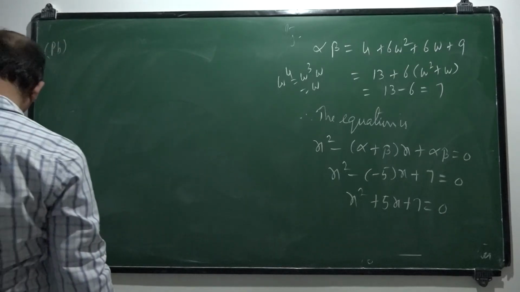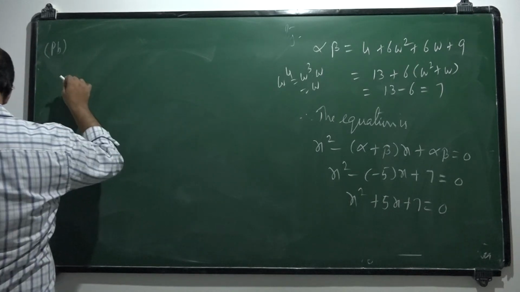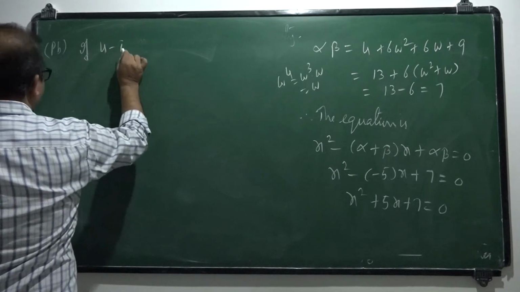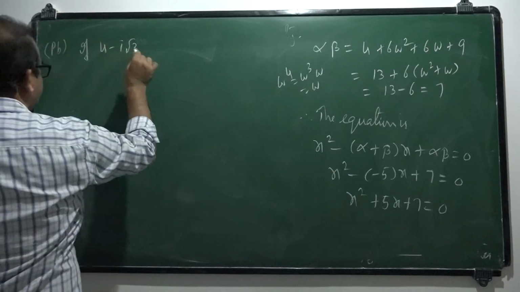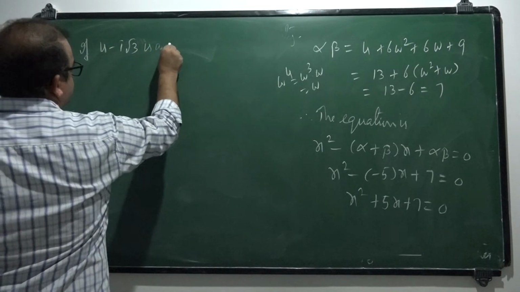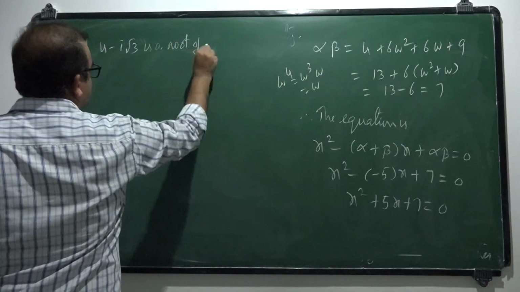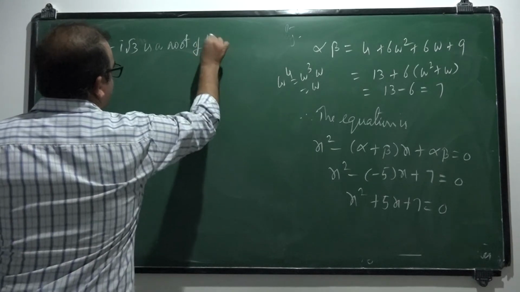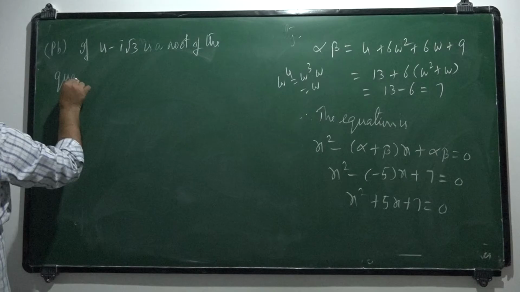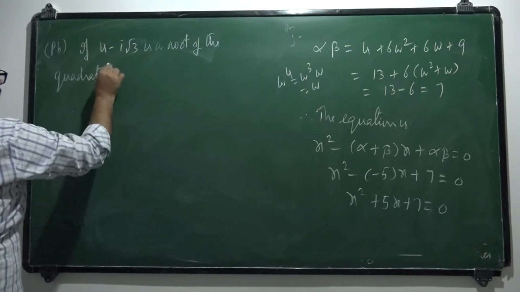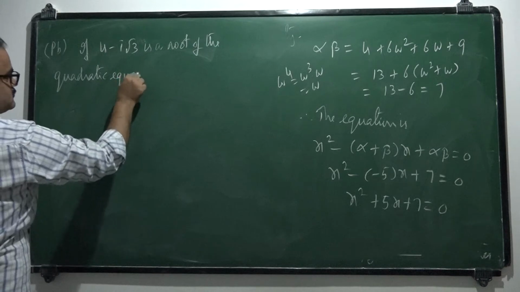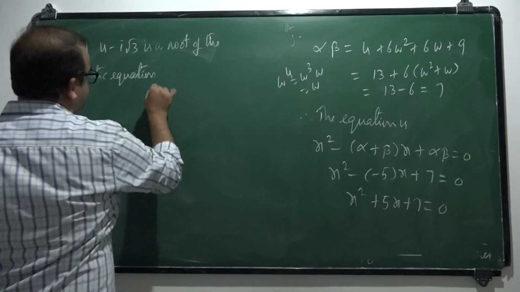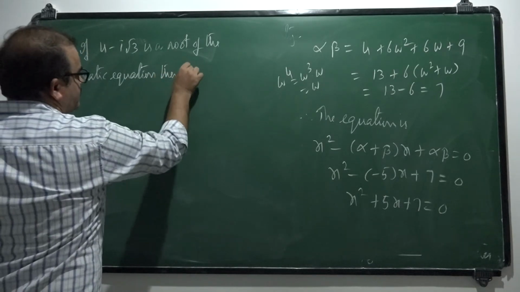Next problem. If 4 minus i root 3 is a root of the quadratic equation, then the equation is...